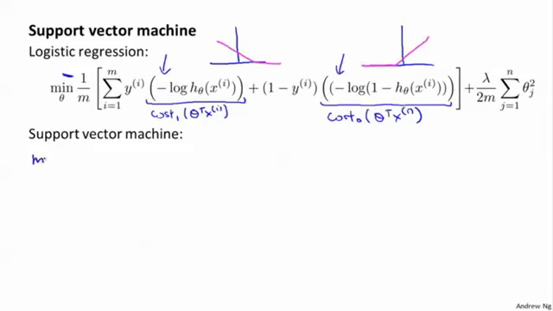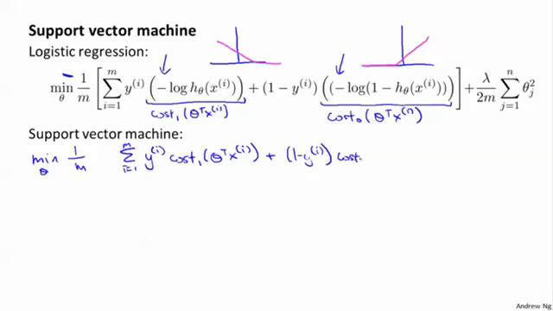So what we have for the support vector machine is a minimization problem of 1 over m, sum over my training examples of y i times cost 1 of theta transpose x i plus 1 minus y i times cost 0 of theta transpose x i, and then plus my usual regularization parameter